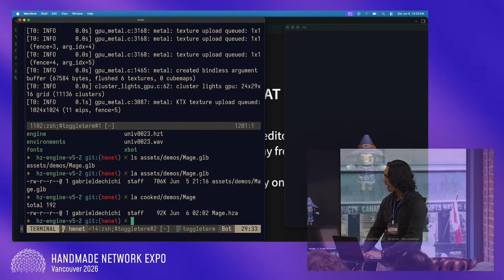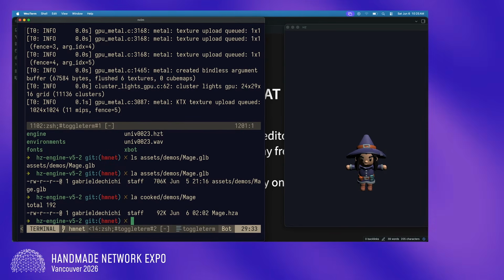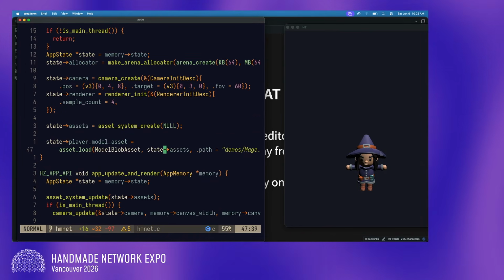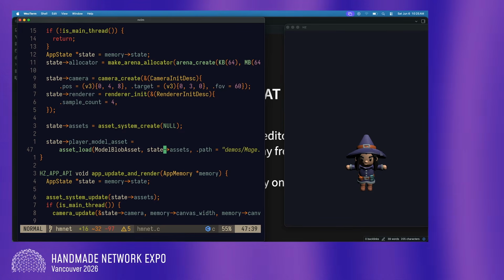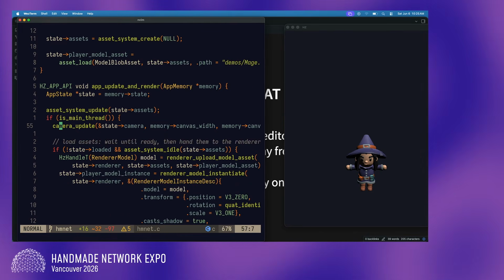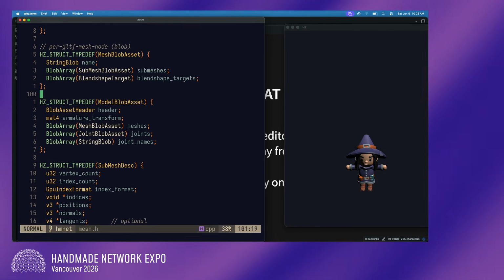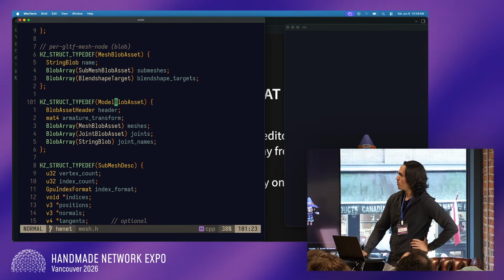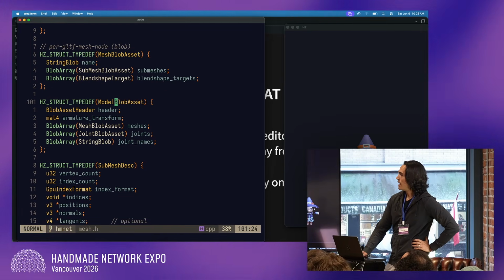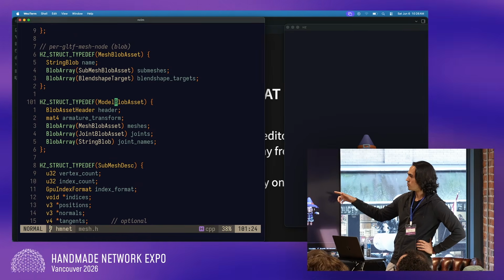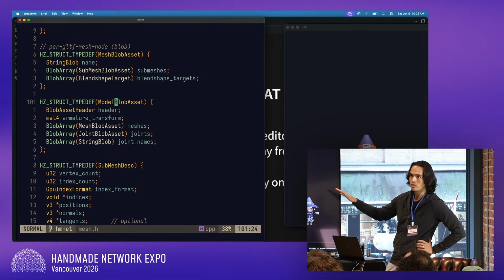And the reason the path is not what you see here is because the idea is that soon the engine will be cooking that on the fly during development. This is not enabled yet because I'm still figuring out how to make this work on WASM. This is the asset format. Everything's going to be suffixed with Bob asset. The main thing that it does is, when you load the file, the data that you see here is the data. There's no parsing involved at all.